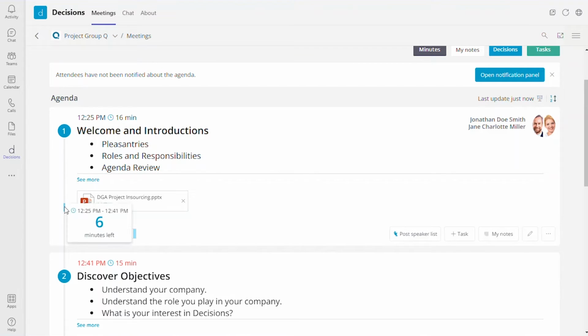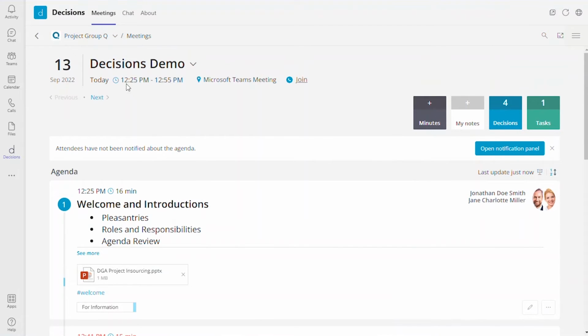As an aside, here is our little time tracker chugging along the left side. You will see we have 16 minutes designated. That is going to turn red once we have 1 minute left. And that kicks off at the exact time that the meeting is set to start. So, as it stands now, we are still firmly in our pre-meeting phases.